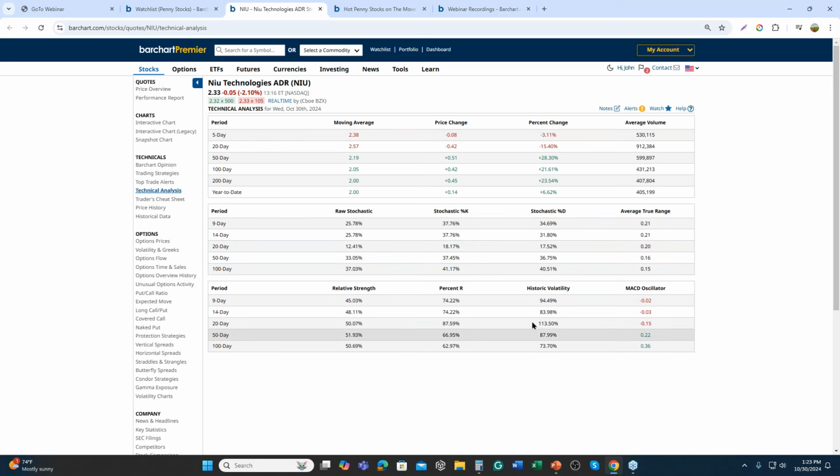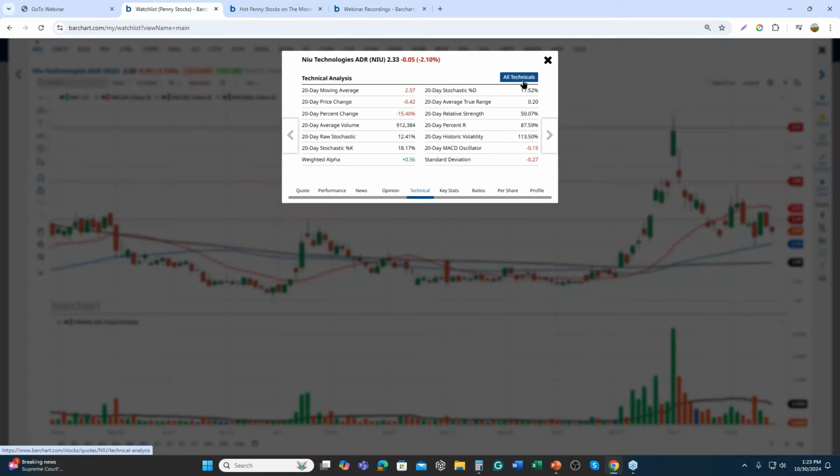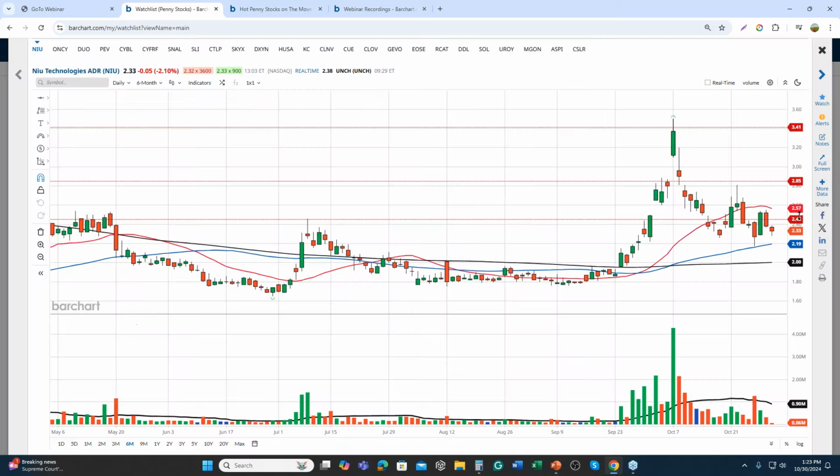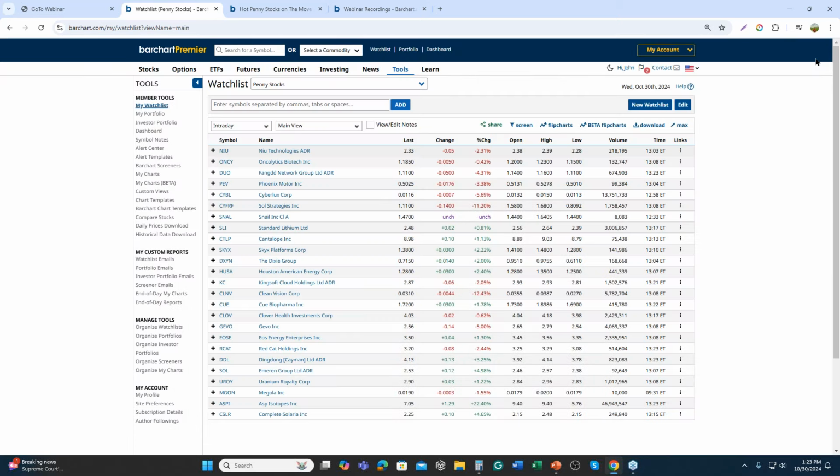Now, if you're looking for this page, on any equity page, any page of an individual equity stock, ETF, whatever, you will find it in this column under the technical analysis. Again, it's the technical analysis of this particular stock. That is the all technicals that is found through the more data page. Okay, so let's go back to our